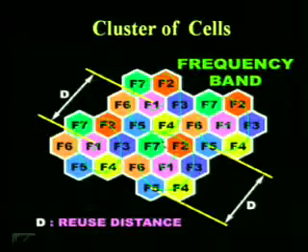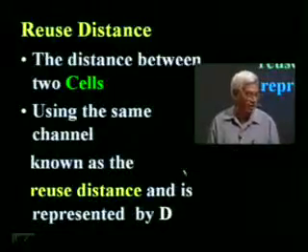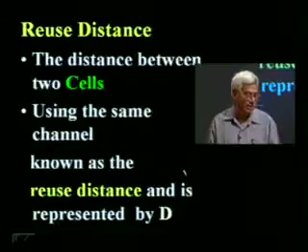In a similar way, we can find the other frequencies, say F4 is here, F4 is here, F4 is here, and here. These are at a particular fixed distance, and this fixed distance is called the reuse distance. The distance between the two cells using the same channel is known as the reuse distance and is represented by